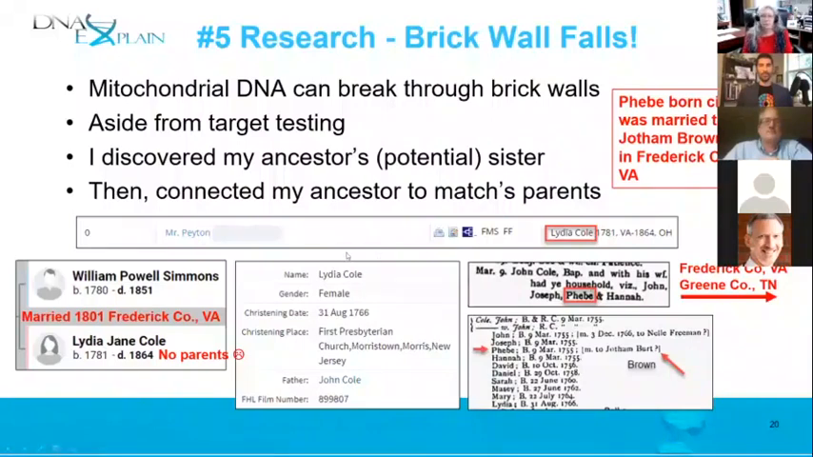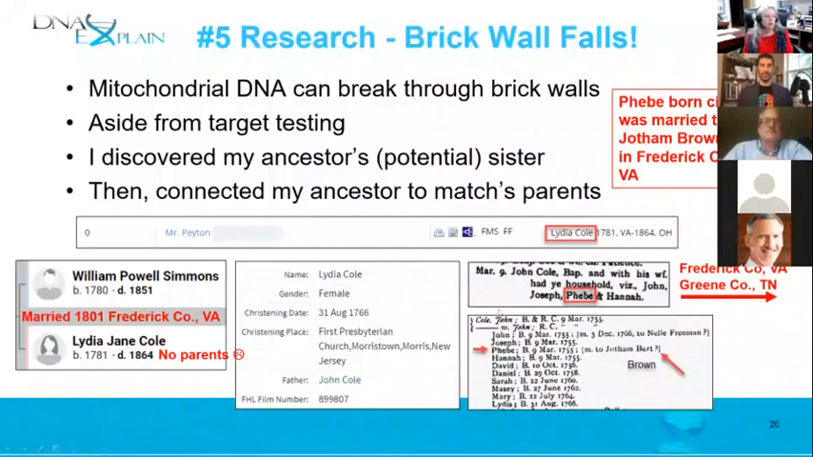I mean, is that a coincidence? I mean, it could be, but so then I started digging on Lydia. And I called my cousin and I said, okay, I don't know, but we might have something here. So then we went back and we found Lydia Cole, this same Lydia Cole, who was in Morristown, New Jersey,